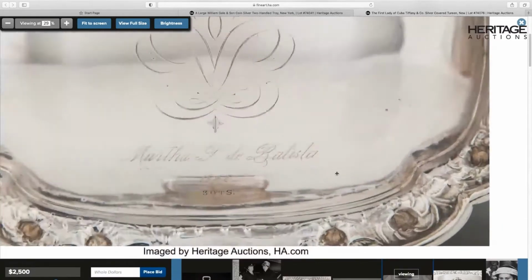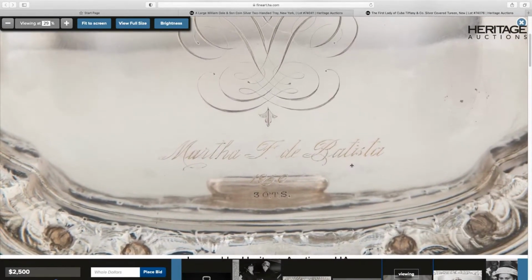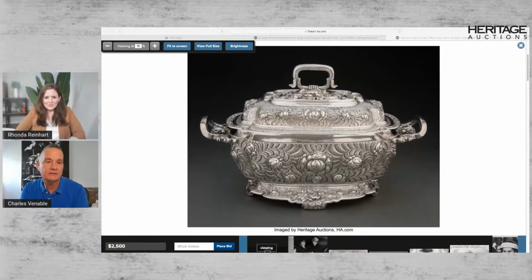And that was not a name I was overly familiar with, but the dealer I bought this from pointed out to me that that's the name of the last First Lady of Cuba, who was with her husband, President Batista. They were the President and First Lady from 1952 to 1959 when the revolution in Cuba happened. And she only died in 2006. And eventually she settled, after she had to leave Cuba with her husband, in Florida. So I suspect this came out of her estate somewhere after she died in 2006 and made it into the